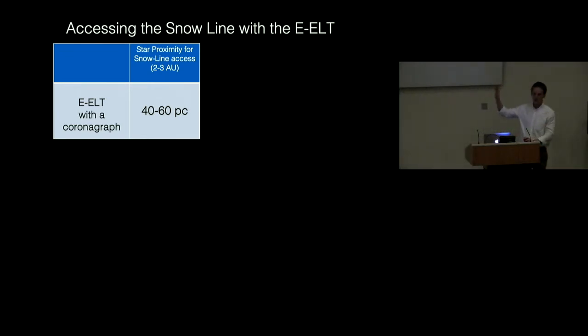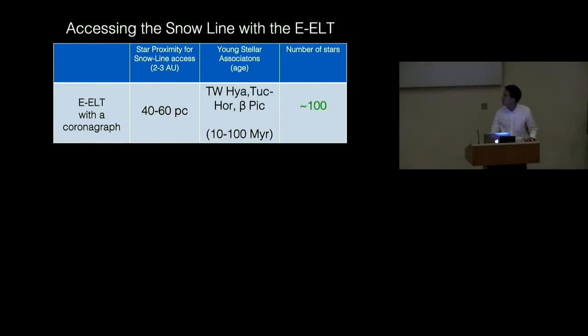So what does this mean in terms of the number of available targets? It probably means you can access these young nearby stellar associations like TW Hydra, Tucana-Horologium, Beta Pictoris. These have ages of about 10 to 100 mega-years or so. And this is maybe 100 stars. This number may go up with Gaia, but that's certainly the correct order of magnitude for the number of available